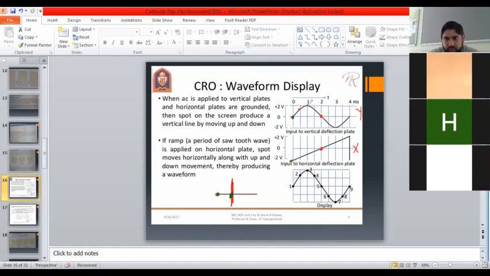Now we'll consider another dot, this one, and here it will be this one. So the Y plate is offering 2 volts, the X plate is offering minus 1 volt. Can anyone draw on the screen what will be the position of the dot? Y plate is offering 2 volts, X plate is offering minus 1 volt. What will be the position on the screen? Are you allowed to draw on the screen? Can you do that now?